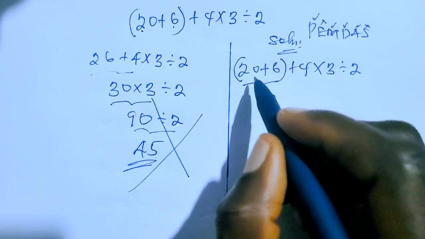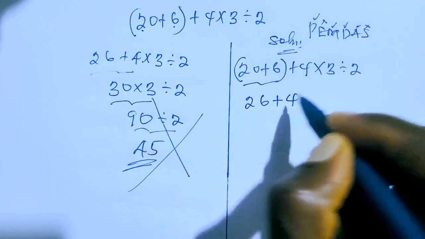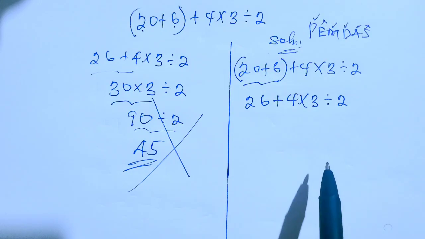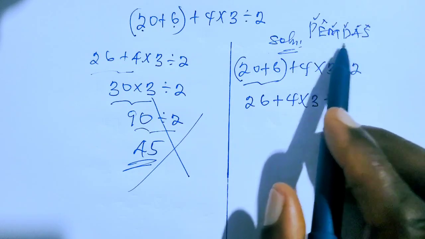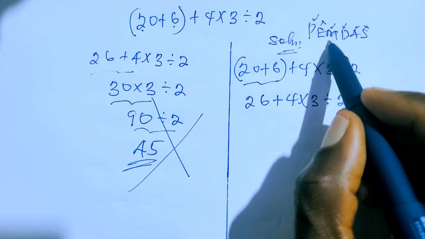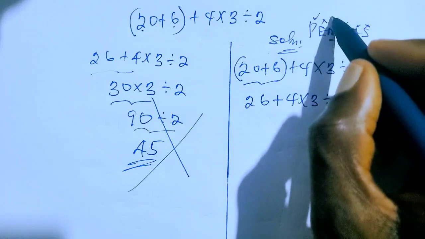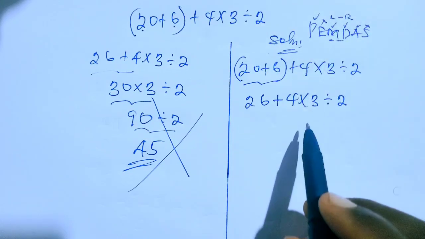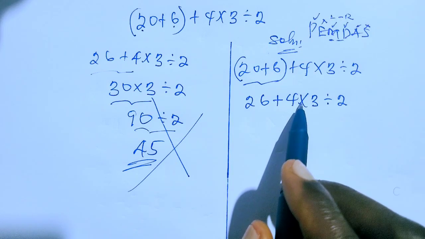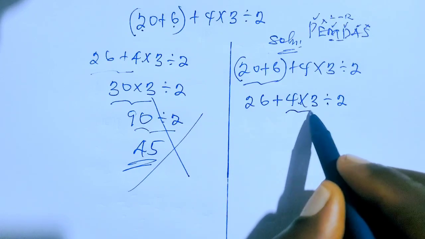consider this 20 plus 6, that should give us 26. Then plus 4 multiplied by 3 divided by 2. Well, right here, still from this order of operation, we are going to consider multiplication. Note that multiplication and division have the same precedence, and the operation here is from left to right, following this order of operation. Therefore, at this point, multiplication is of higher priority than division and subtraction, and we consider this